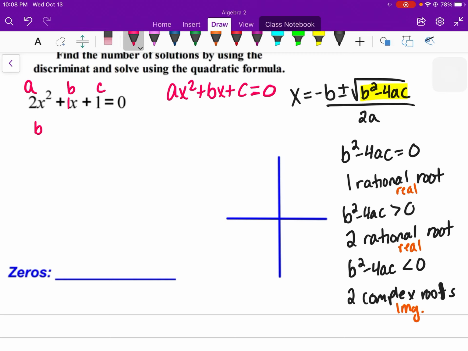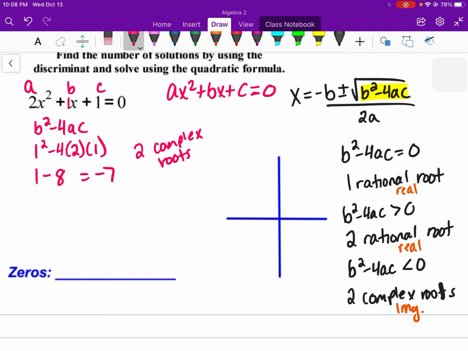So finding the discriminant first, b squared minus 4ac will be 1 squared minus 4 times 2 times 1, which is 1 minus 8, which is negative 7. So that tells me that I'm going to have two complex roots as my answers, which means this parabola is going to open up because my a is positive, but it's never going to cross the x-axis because it has